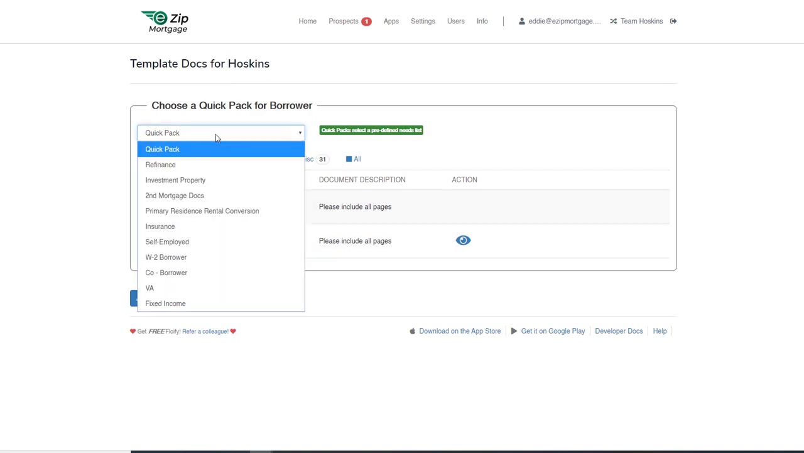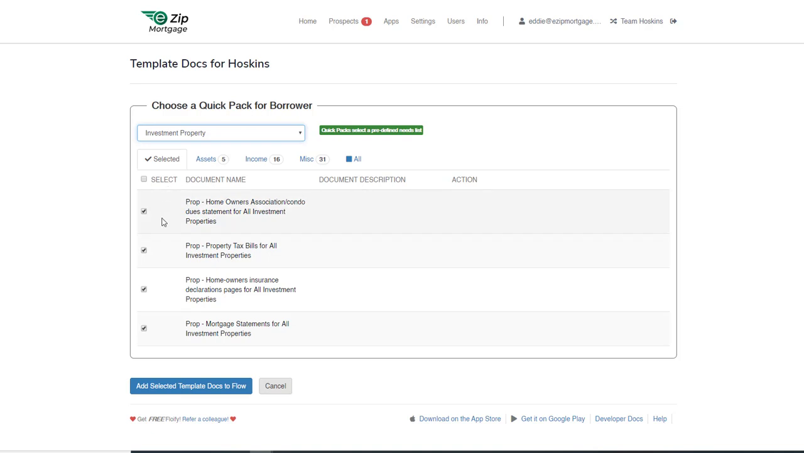And we go back to Quick Pack. Let's say that they have an investment property that they own. And here are all the things that we're going to need from them. Now, if they have multiple investment properties, what you want to do is tell your customer that they have the ability to go and add